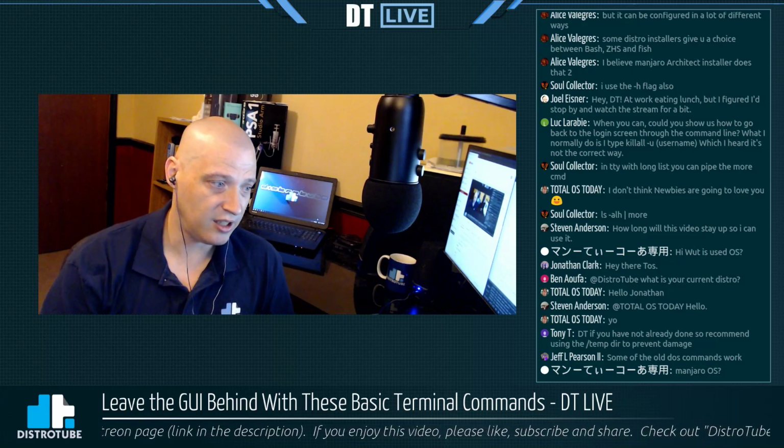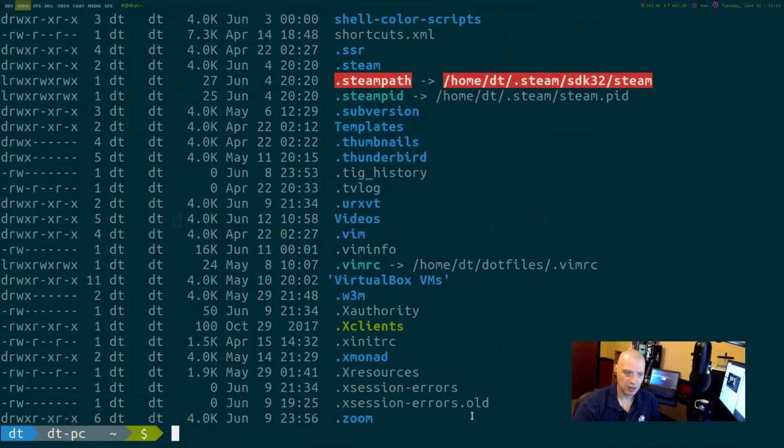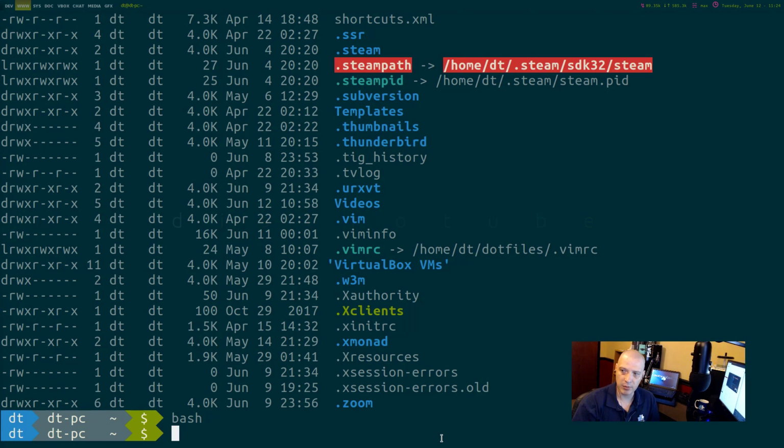Several of you have asked what we're running today: Manjaro, but this really doesn't matter. On any distro that doesn't have bash as its default shell, bash is still installed on the system. If for some reason ZSH or fish is the default shell, all you need to do is type bash at a prompt and it will switch you over to the bash shell.